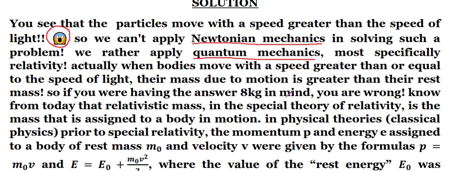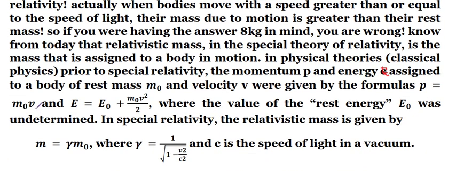since they stick together after collision. Know from today that relativistic mass in the special theory of relativity is a mass that is assigned to a body in motion. In physical theories, that is classical physics, prior to special relativity, the momentum P and energy, so let us call this capital E, assigned to a body of rest mass m0 and velocity v were given by the formula P is equal to